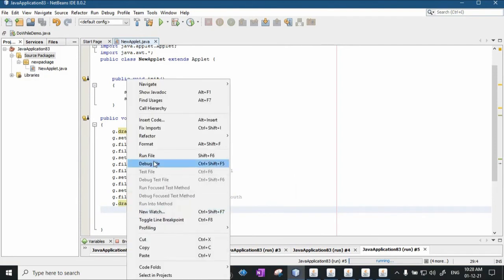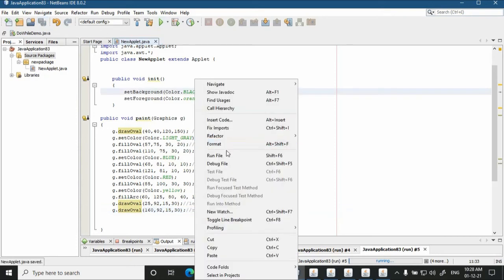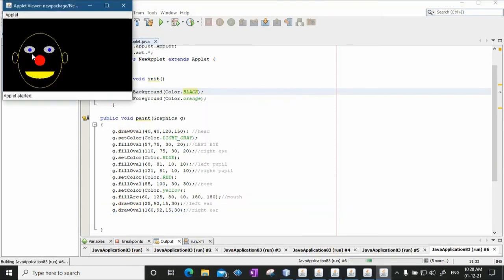I will paste it here. Now for right ear, first of all, the width and height of the oval will remain the same. Y coordinate also will remain the same, only the x coordinate will change. Okay, so that will be say 160, so that it will appear to the right. So this is your right ear. Okay, save, and you can run this file. So that this is the shape, and now we can specify